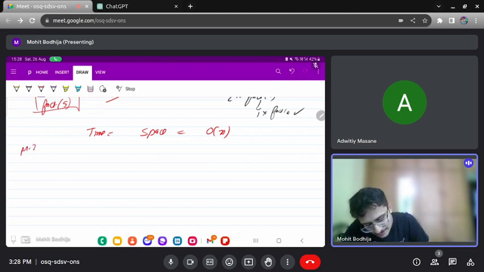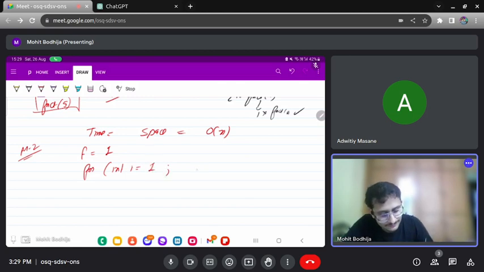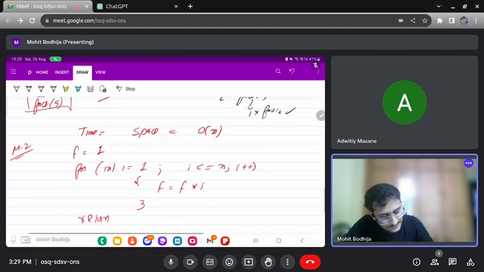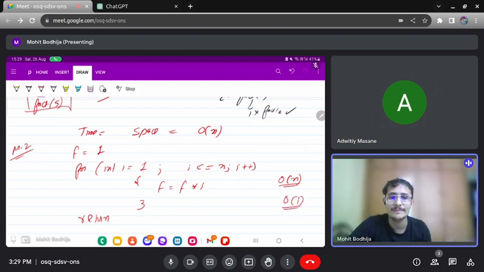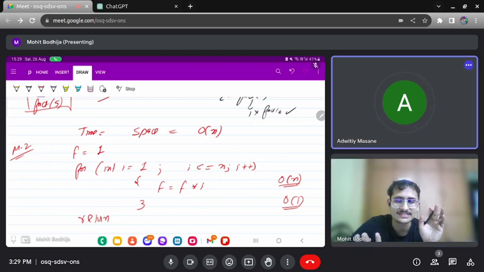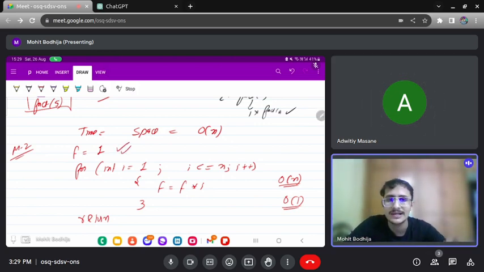And I am also writing the for loop. So basically we know that if we create a variable f with 1, we can directly write a for loop that multiplies all the values starting with 1, and it should be less than equal to n. Okay, so I am just writing the recursive solution. Why? Because, sorry, I am writing a for loop. Why? Because in the for loop the time complexity will be order of n only, but space complexity will be order of 1. Why? Because we are not using any kind of extra space here. We are just creating a variable f. With the help of that variable, we are just multiplying it with the values.